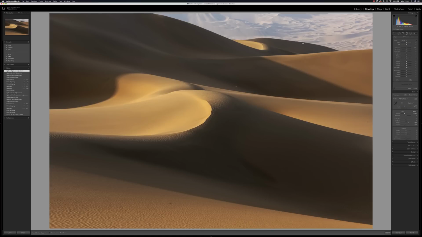Now I'm going to add a second gradient and pull it down from the back. And I'm going to see what happens if I cool the white balance in the back by pulling down the temperature slider. And it's made those shadows in the back a little bluer and a little bit more diffused and distant feeling. And you can actually take the clarity slider down, and if you really take it down, it gets